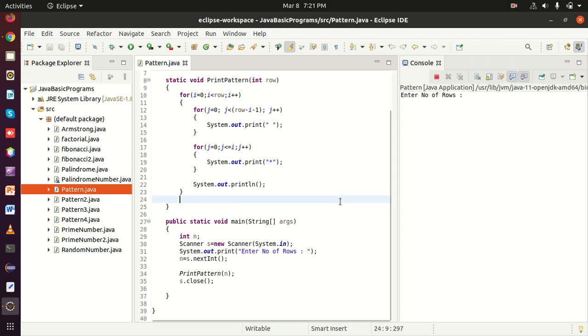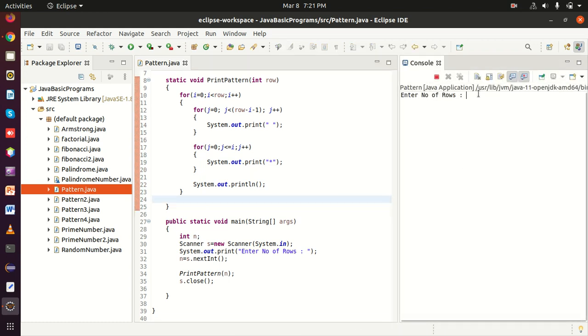Enter the number of rows, so I will type here 4. So you can see here 1 star, 1 2 3 and 4. So on the fourth position it has printed 1 star.